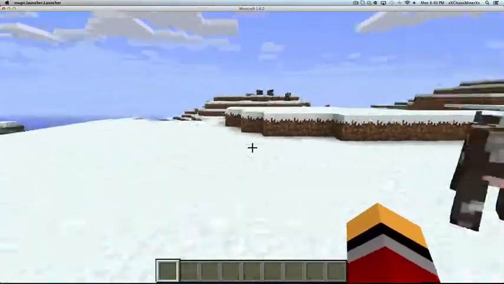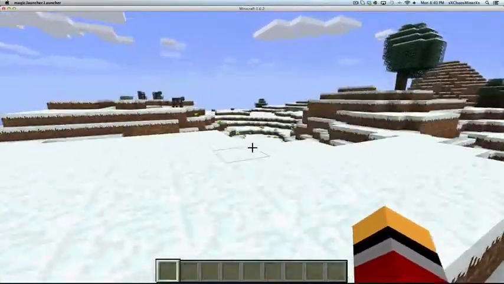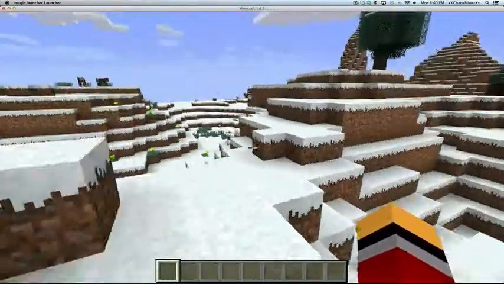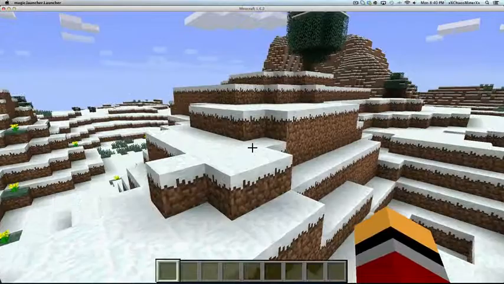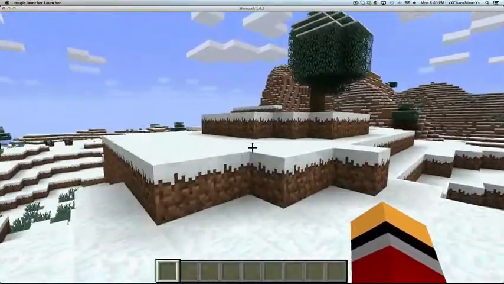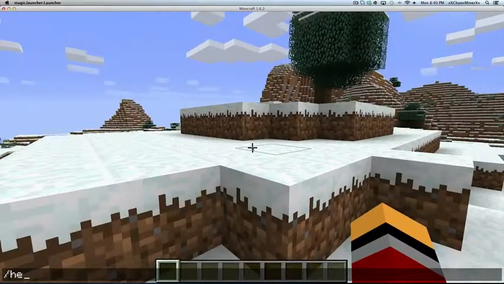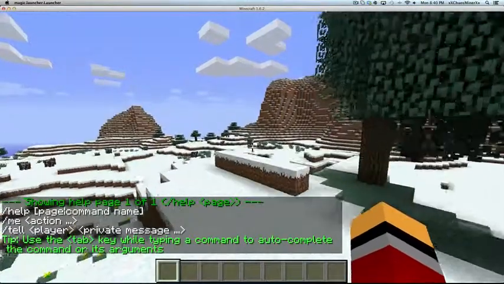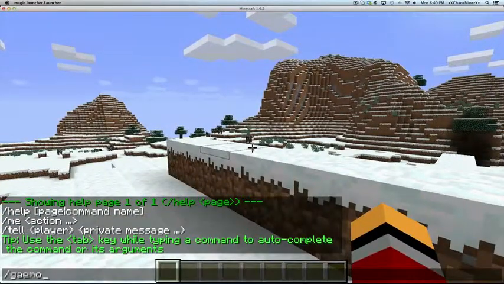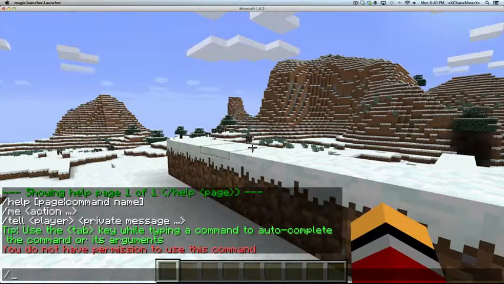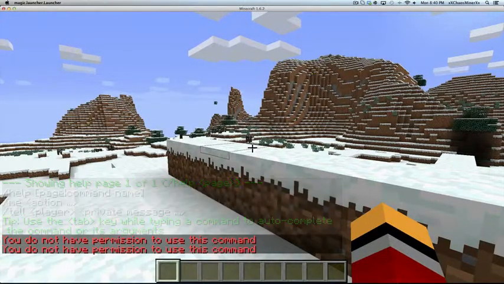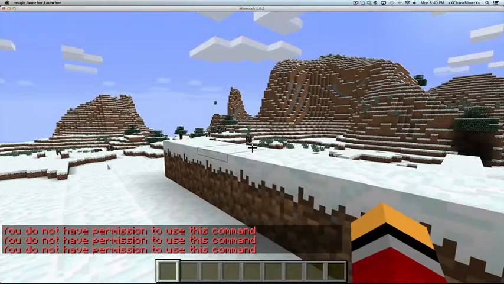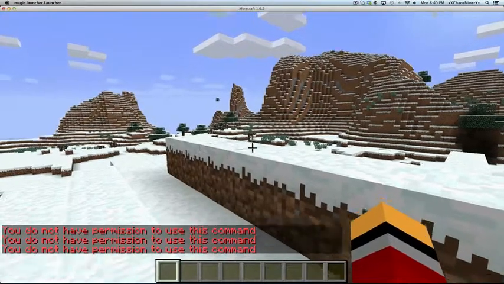Now, is there anything else I need to add? Oh yes, right. It's important. You notice right now that there are barely any commands you can do. Like you can't do /gamemode. You can't do ban. You can't do kick. You can't do anything. So to fix that,